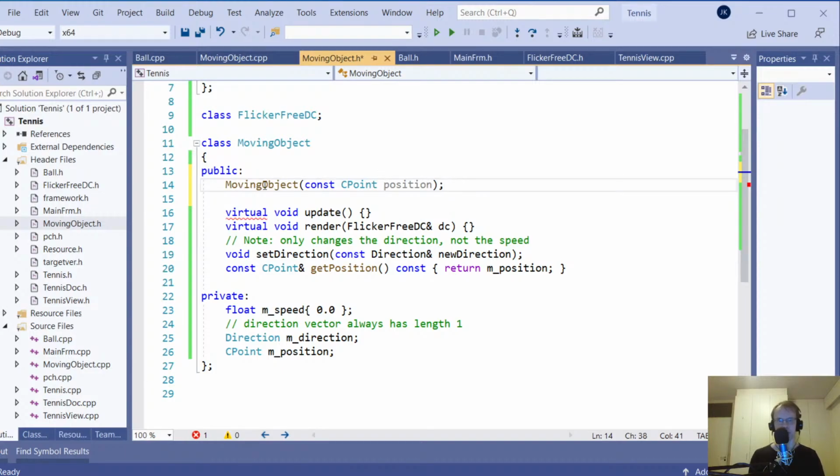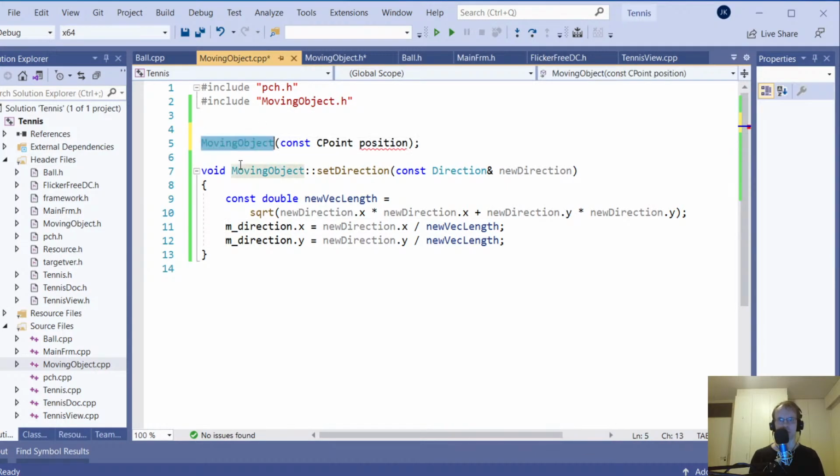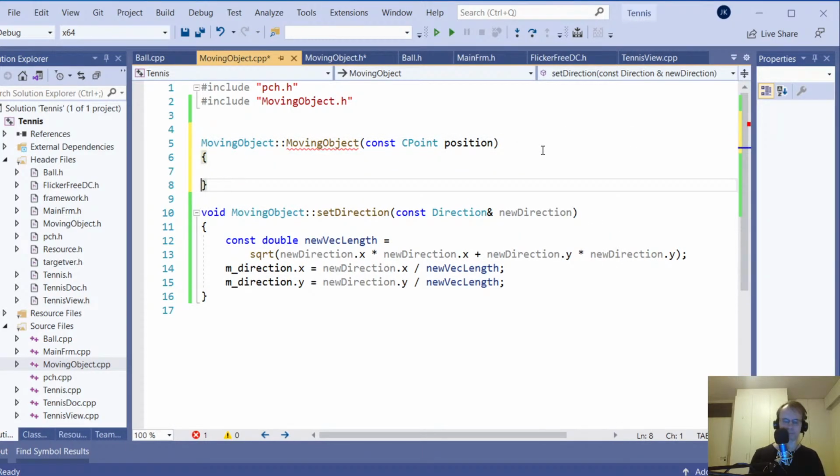And now I'm gonna implement this constructor for the position. So it's gonna be simply m position takes that thing over there. So